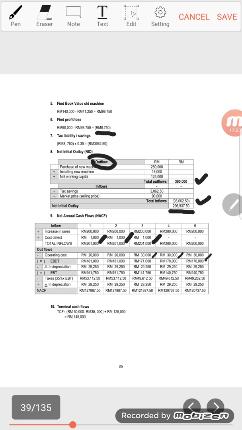Okay, bila you dah tolak tax tadi, dapat amount tu is EAT. EAT ni tak ada dalam ni. Sepatutnya ada satu EAT kat sini. Dengan jumlah EAT tu you akan tambahkan dengan depreciation. Tadi kan EBT tolak tax kan. Sepatutnya kat sini ada,